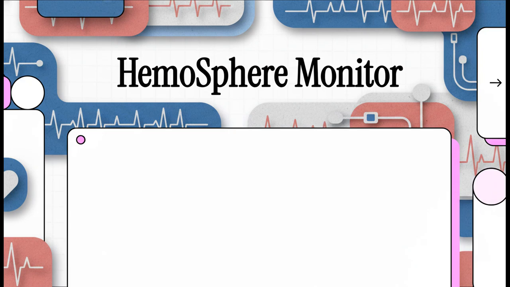Hello and welcome. In this clinical deep dive, we're going to get up close and personal with the HemoSphere Monitor from Edwards Lifesciences. This is a platform that's really designed to give you a complete, fully integrated picture of your